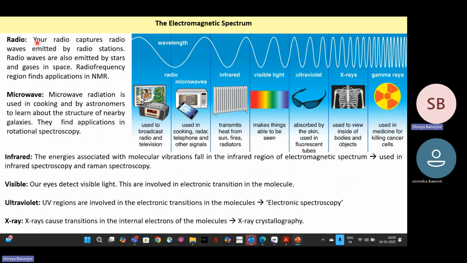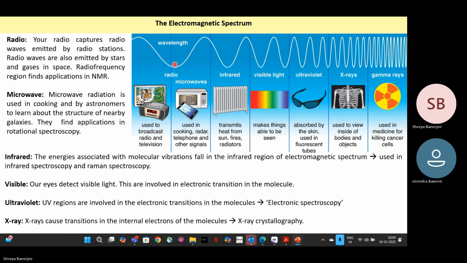Firstly, the radio waves. The radio, which is used in everyday life, captures these radio waves emitted by the radio stations. And radio waves are also emitted by stars and gases in space. The waves in this region of the electromagnetic spectrum find application in NMR spectroscopy, which we have seen in the